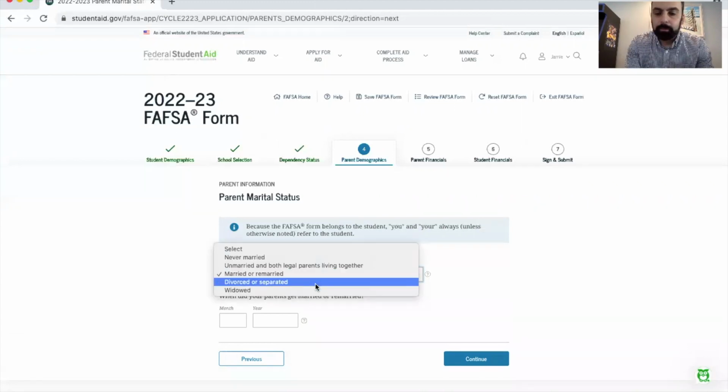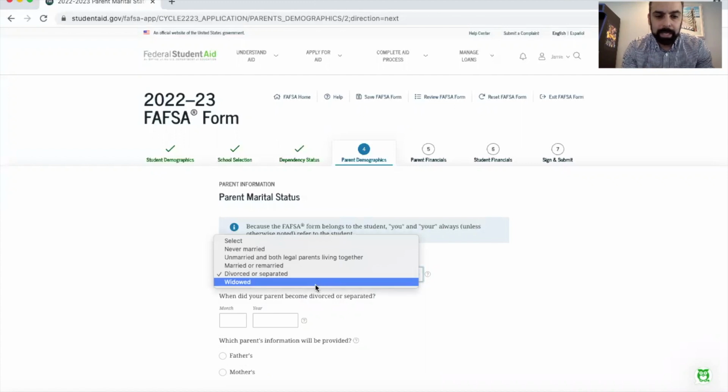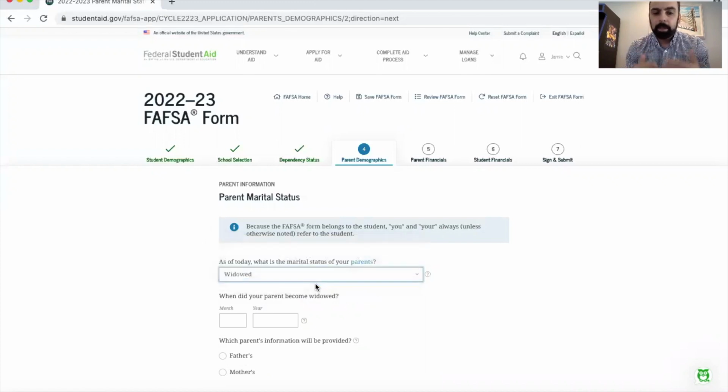And then we can go to divorced or separated. It's going to ask you when you were divorced or separated, the month and year. And then it asks which parent's information you want to use, because the other parent's information is erased. It doesn't ask you questions about the other person as far as income and assets. So it is beneficial in some cases from a financial aid point of view if you're divorced or separated. And the last answer is going to be widowed. And it's going to ask you the same questions: when did the parent pass away, as well as which parent do you want to use, which parent is still here